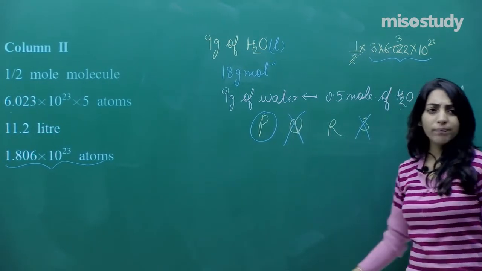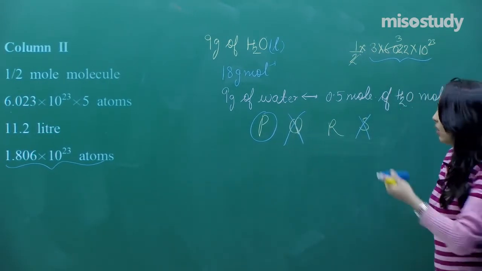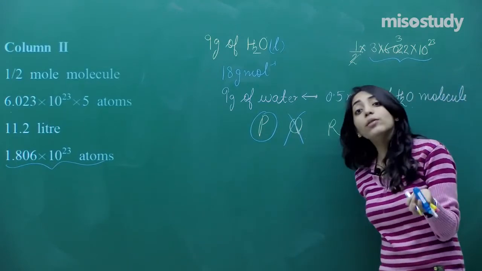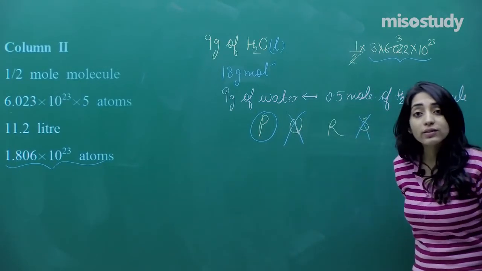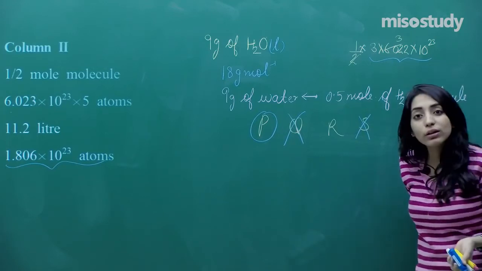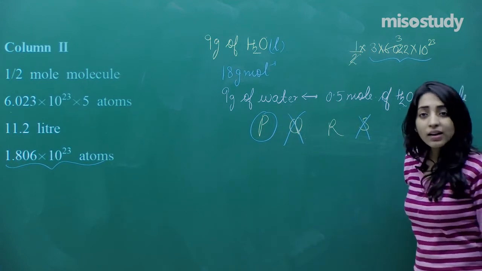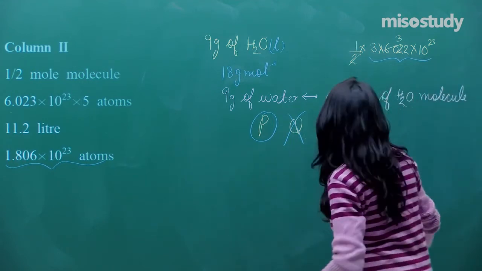You might be thinking, ma'am, what is so special? When I am talking about half moles of water, and when you told us that 1 mole will occupy 22.4 liters, so half mole should occupy 11.2 liters, right? Yes, so option number R should be the answer, right? But guys, don't you think